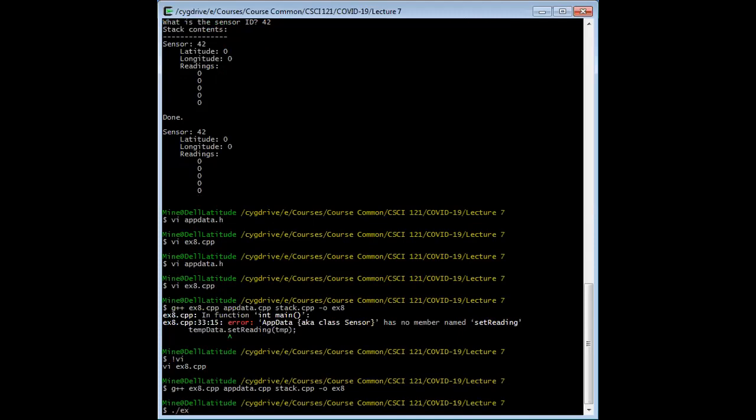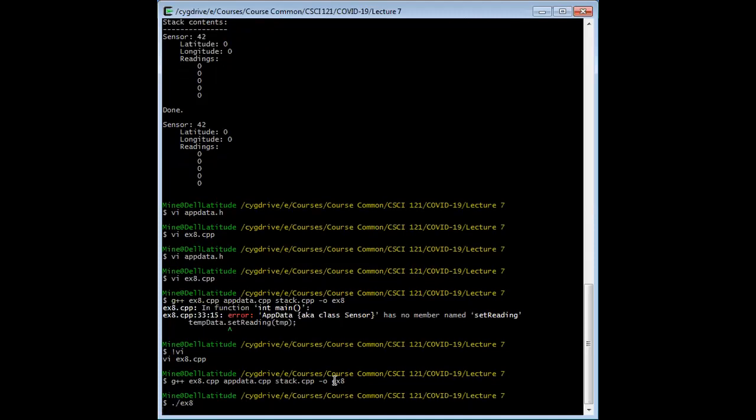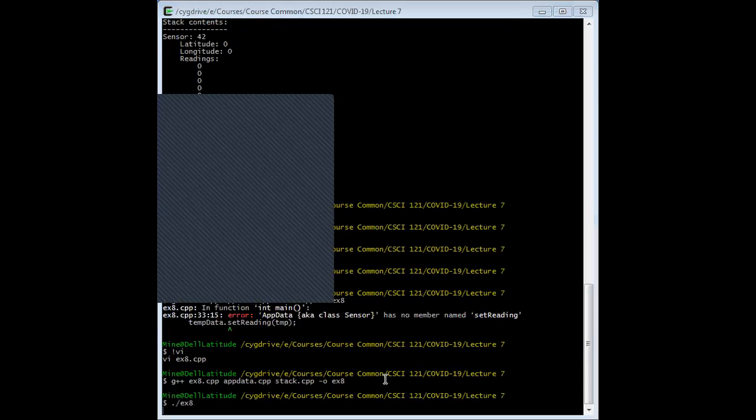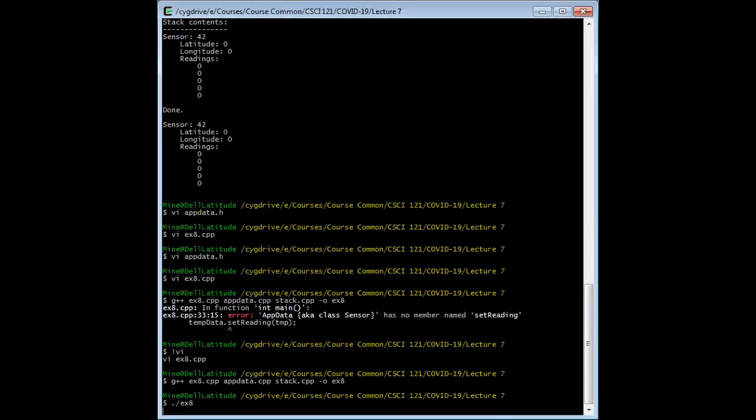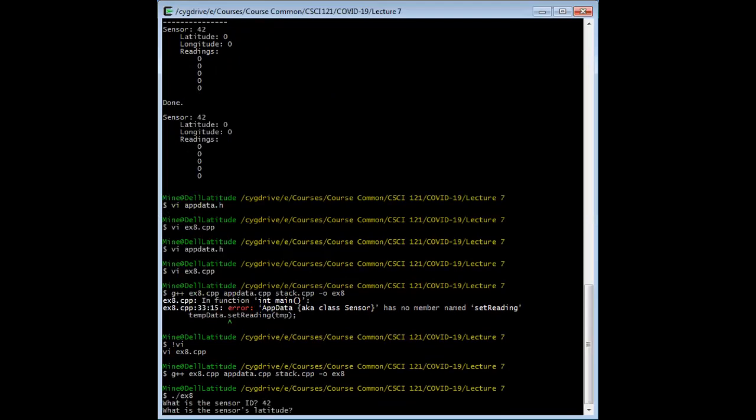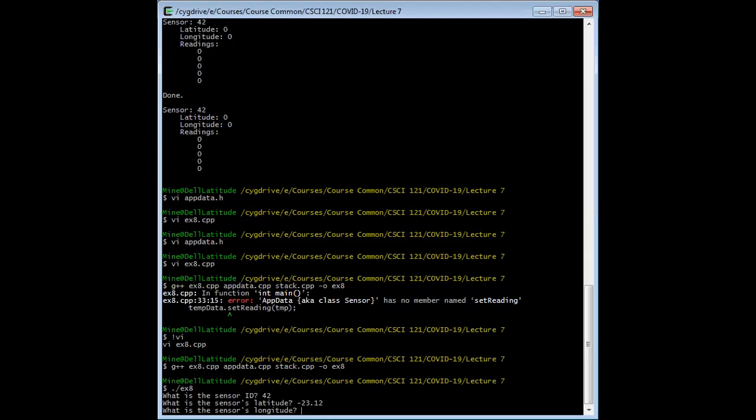./ex8. Wait for my virus scanner to run. Come on, there we go. So my first sensor is going to be 42. That sensor's latitude is going to be, let's see, negative 23.12. So that's in the southern hemisphere. Its longitude, negative